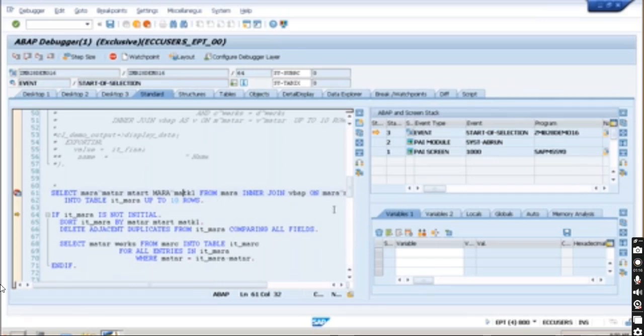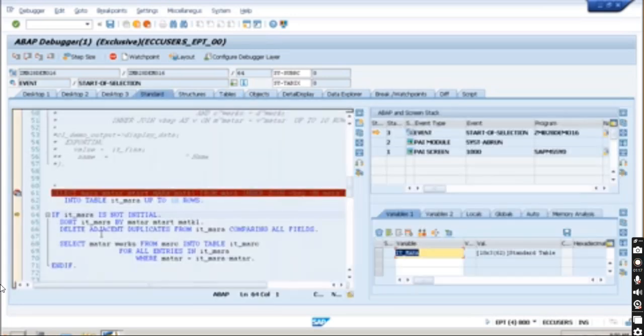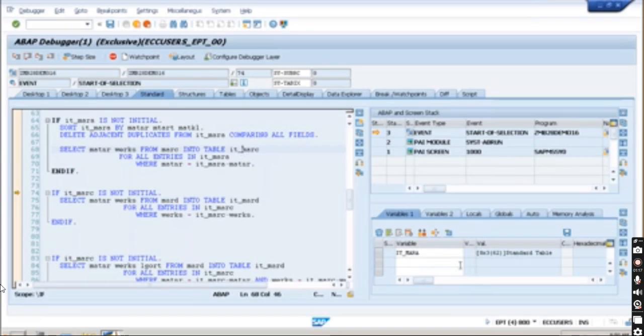So here in IT underscore MARA, you can see the 10 records we have, but this time we have good materials, which will have at least some sales document number. Come over here, and in MARC, we will see how many MARC records we have. Here 36 for these 8 records in IT underscore MARA. Some duplicates were there, so they were deleted. Now in IT underscore MARC we have 36 unique records,